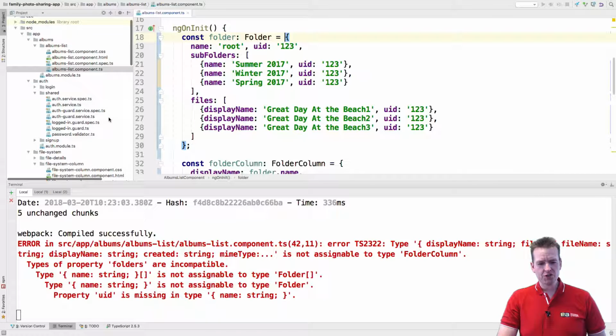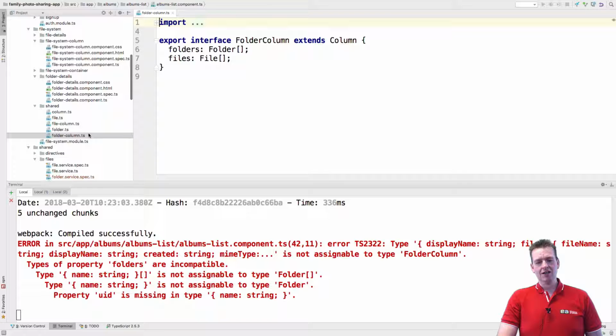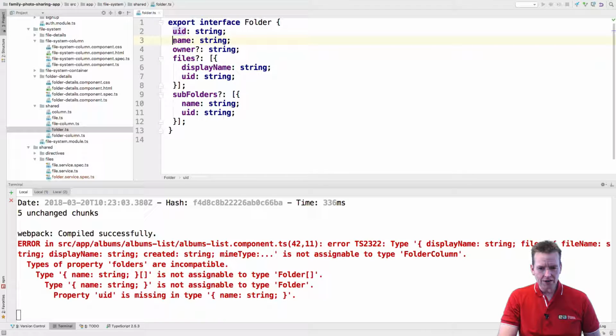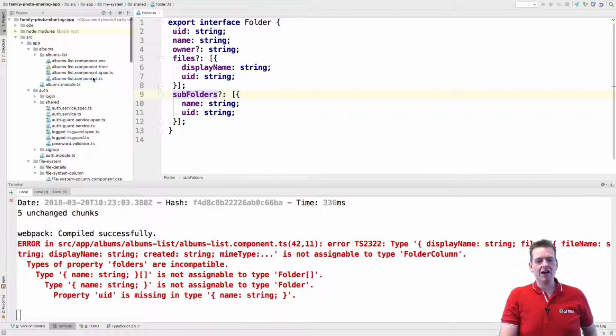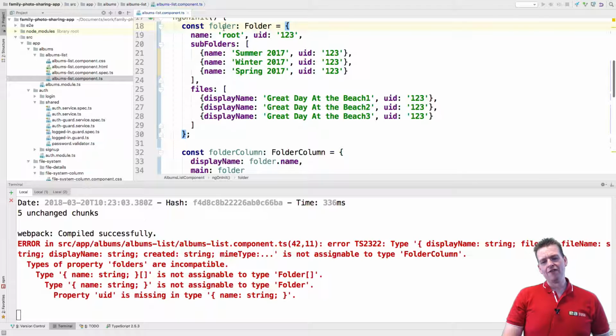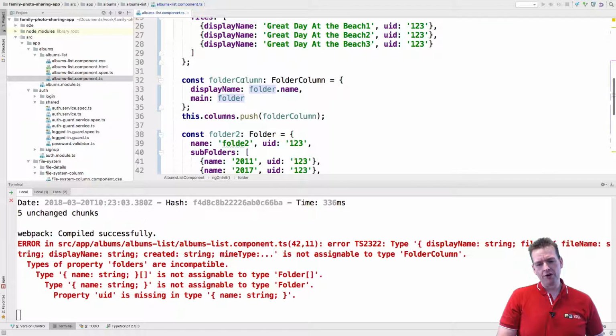And the way a folder should look, I've already modeled this, so I don't know why I didn't use it. So if you look at the folder column right here, the folder, you'll see that it has a unique ID, a name, files, and subfolders. That's how it has looked all the time. But instead of using that model, I started making some kind of stupid dummy data, and now it's modeled the right way. So now we have a folder available, and that folder can now be placed inside a folder column